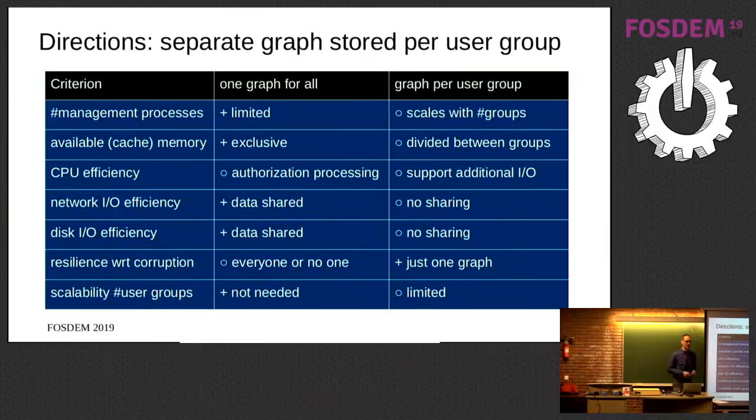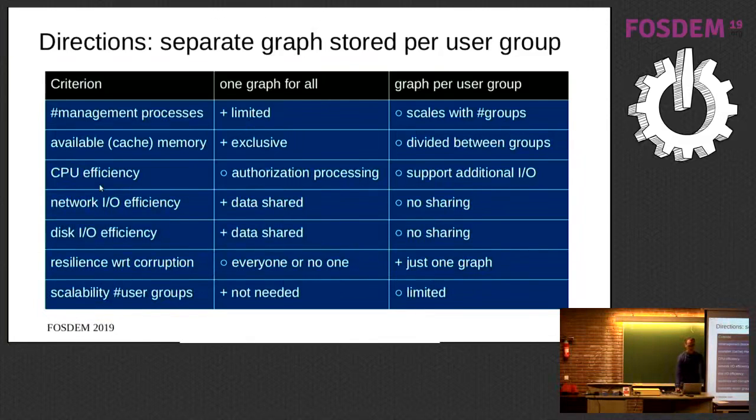graph. But if you have a graph for each user group, then of course the same often visited node will be in your memory as many times as the number of user groups that you have. So just dividing the cache memory between graphs will hit your performance. We will also see this with